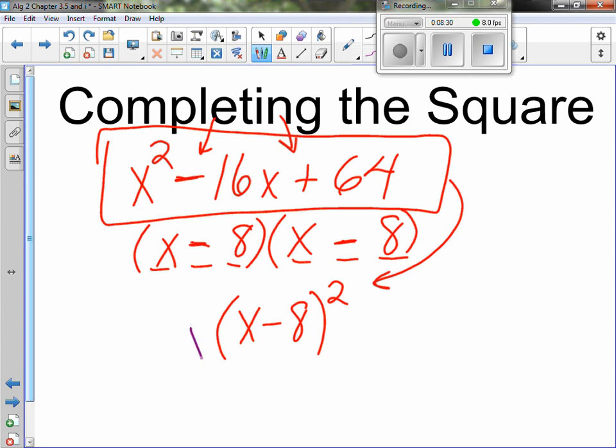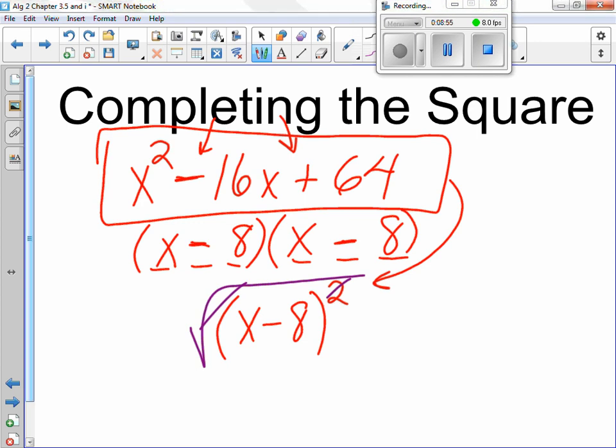Well, heck, at this point, if I took the square root, those would simplify, wouldn't they? So if I'm able to write any polynomial, these 3 terms, as a set of parentheses squared, we could use the square root method on anything, couldn't we? Yes. And that's where the key lies in this completing the square. That's what they're talking about. They're talking about a way,